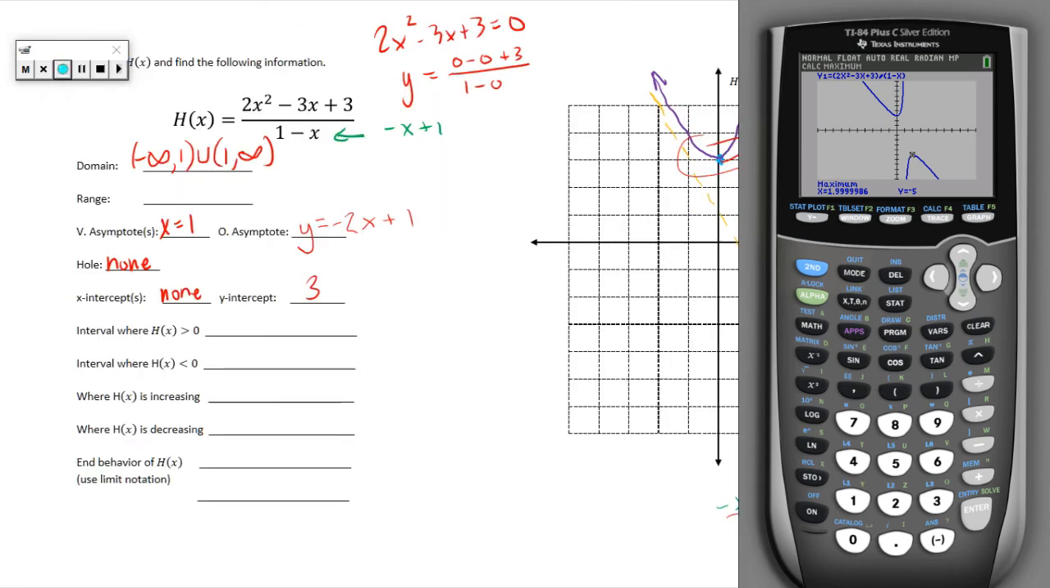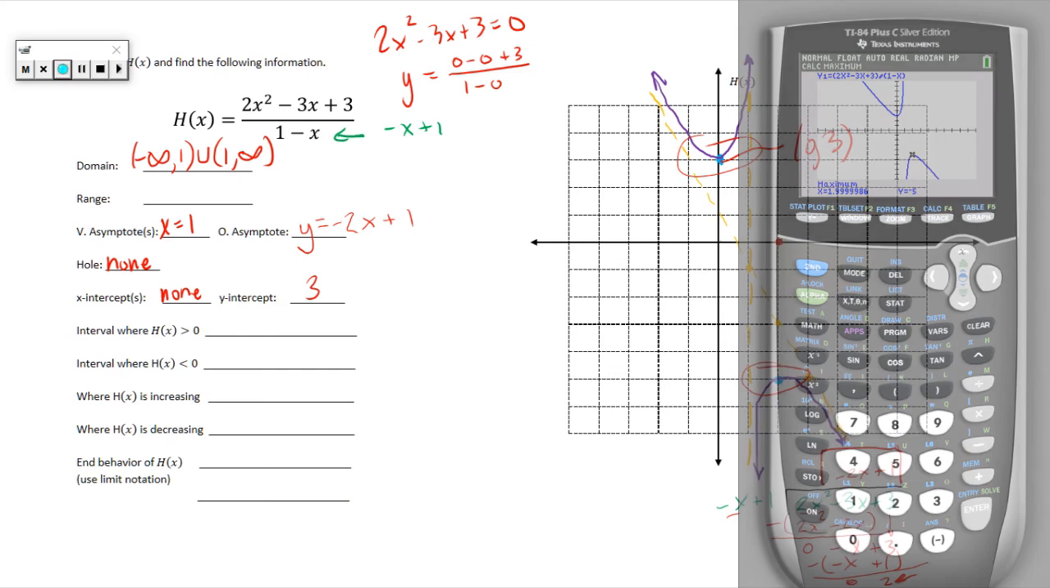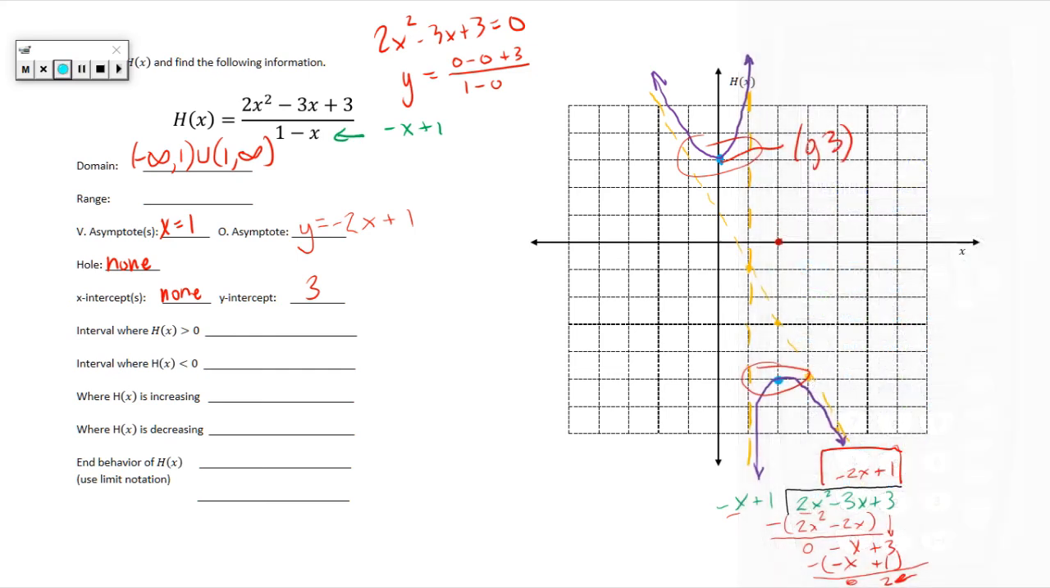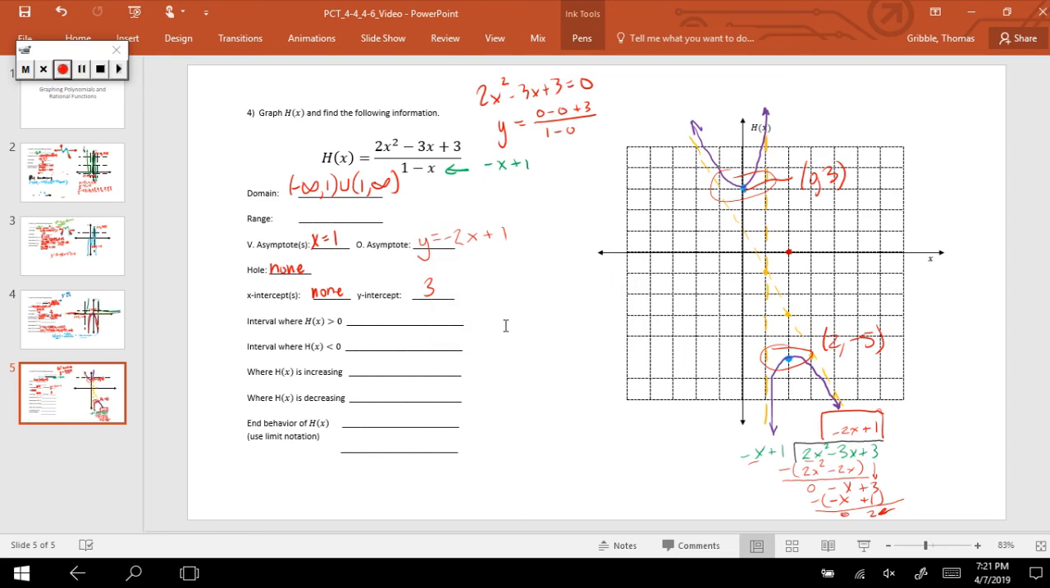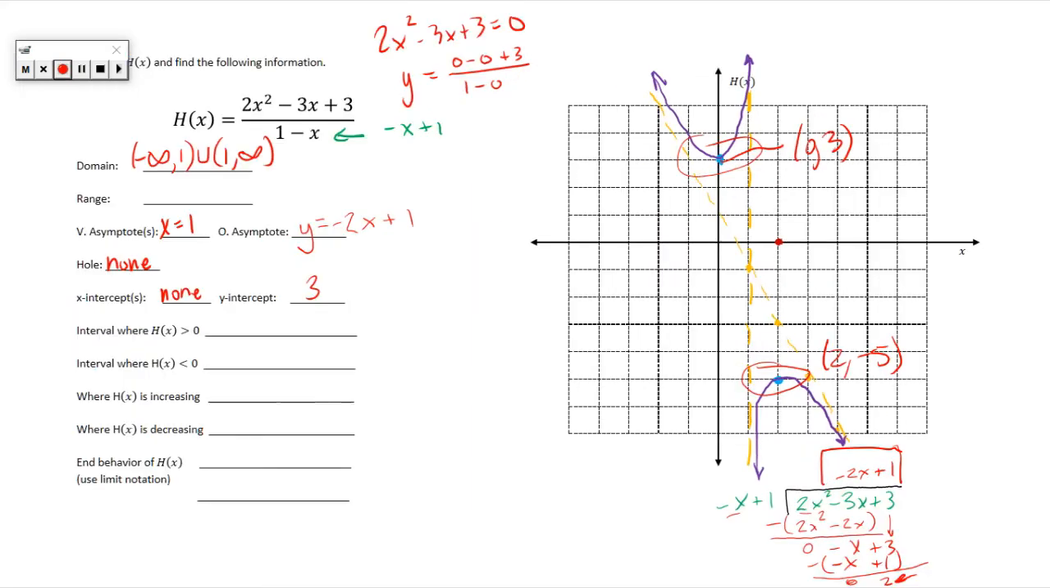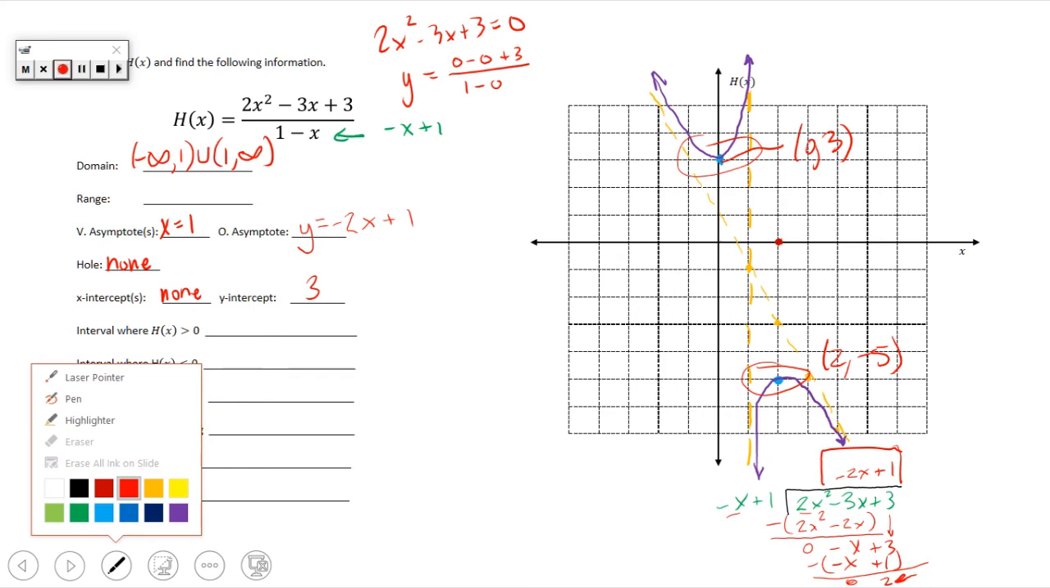Okay, so let's go back to this, and now we know we can find out a few things here. Oh, sorry, this was at 2, -5. So we can state the range now. So the range is going from bottom to top, would be